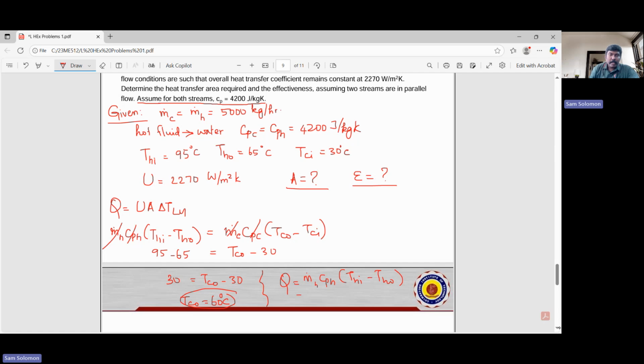So that is going to be equal to 5,000 kilogram per hour. So let's convert it to kilogram per second. So divided by 3,600 into 4,200 into 95 minus 65, which is going to be 30. So this should give you the value of Q in watts or kilowatts. So according to the textbook, the value for this, they have not given this explicitly,